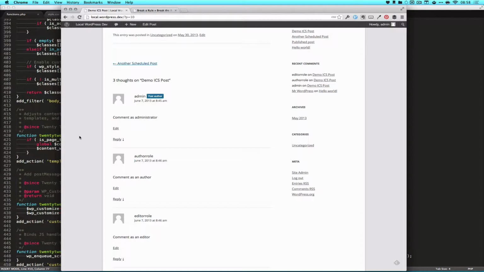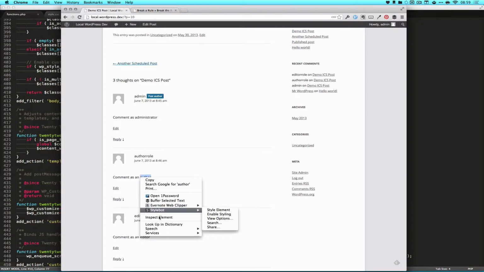So like I said, our goal today is to style comments by the role of the user. Here you can see I've got three comments by different roles: a comment as an admin, a comment as an author, and a comment as an editor. And if we inspect this,